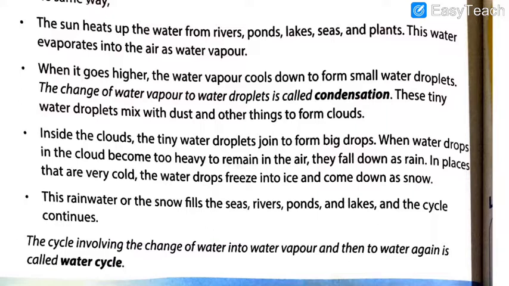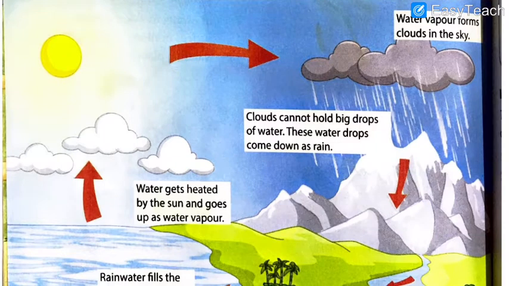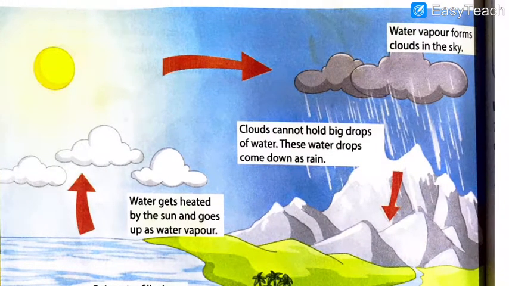Small water droplets initially gather to form big droplets. And when they become so heavy that they cannot stay in the cloud or in the air with the dust, they fall down. Obviously, only things which are very light can remain in the air. See, even if you throw a feather from your balcony or from the terrace, the feather will be able to remain in the air only if there is heavy wind. Otherwise, slowly, gradually it will fall down. This is what happens with the water droplets too.